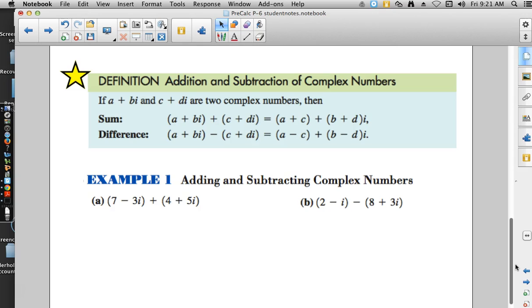So in A plus Bi and C plus Di, we'd say, all right, well, we can do A plus C. Those are both real parts. And then we'll do B plus D and we'll put a little i behind them because those would be like terms. The math that we do with imaginary numbers is very much like the math we do with variables, any other variable, except